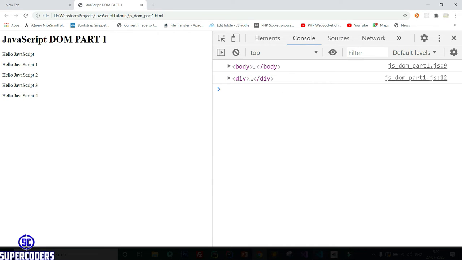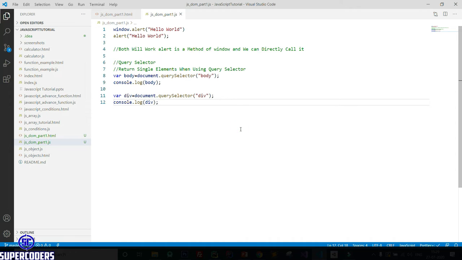Now let's see another example for selecting multiple elements. So use querySelectorAll, which returns multiple elements in an array.